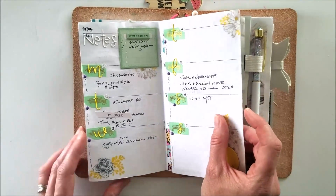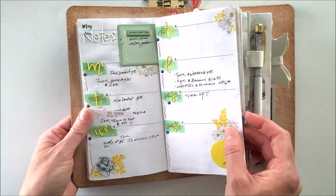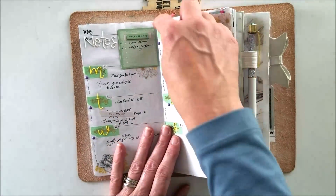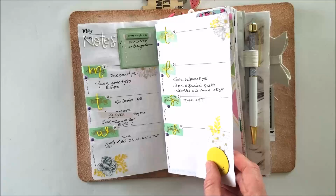Stapling with a quarterly Annie Plans is probably not the best idea because I use this all the day, every day, all the day long. It gets kind of ratty, so this is what happened. I used to have my strap in here with the elastics, but I moved it over to the next week, and I'll show you. But this is